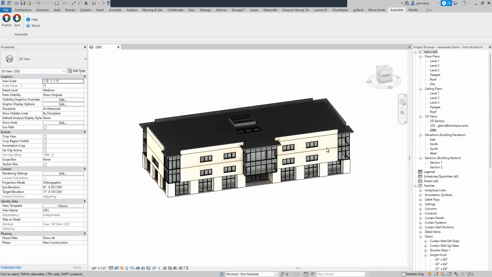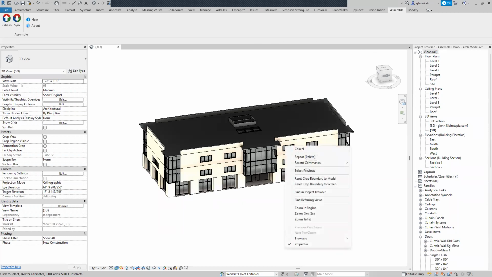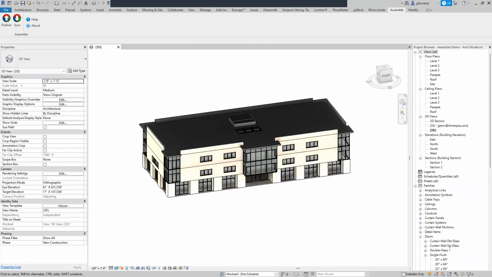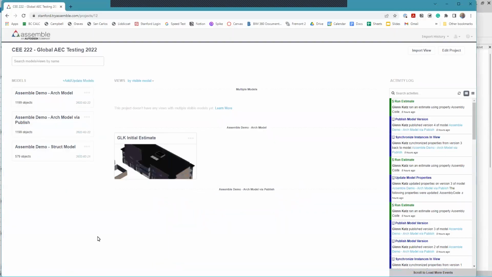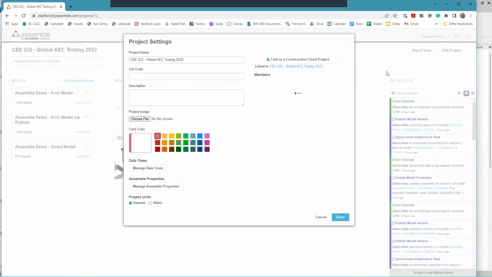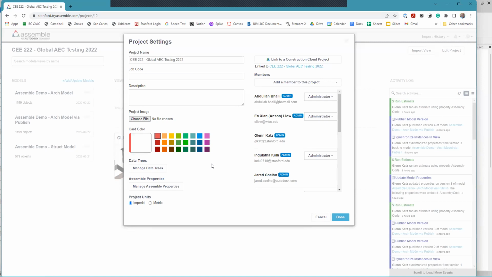And again, we're going to work with this little building that we often use for these architectural demos. I'm going to switch over to Assemble as a starting point. And in Assemble, we're going to basically create a new model over here. We're going to do it in a slightly different way. But before we do that, I'll just remind you that we're going to start by setting up our work breakdown structure. So for our cost breakdown structure,